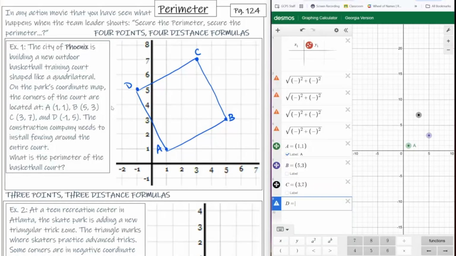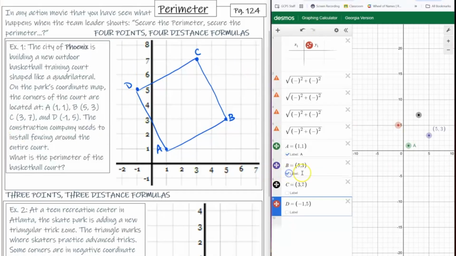D is equal to parentheses negative 1, 5. All right, I'm going to go ahead and hit labels because you can see that is not labeled for you. So I'm going to come hit label. If I don't want the coordinate label, which I could if I want to, I can say B. All right, so you choose what your label is. As a matter of fact, I'm going to have the coordinates labeled like this so that I can see what